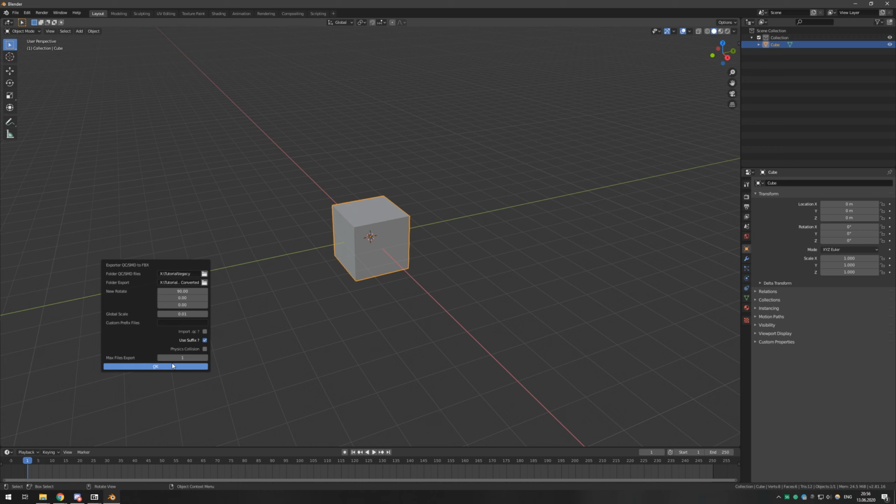However, there are plenty of files in here, so I will just drag it down to the right. It's over 100, but it doesn't matter, it will just stop when it gets to the end of the list. So once again, QC/SMD for the export, 90 degrees by the X. Global scale to 0.01, it's the lowest value. No prefix files, but maybe you will need it, just in your own opinion. Don't import QC, but use suffix, and don't import physics collision.